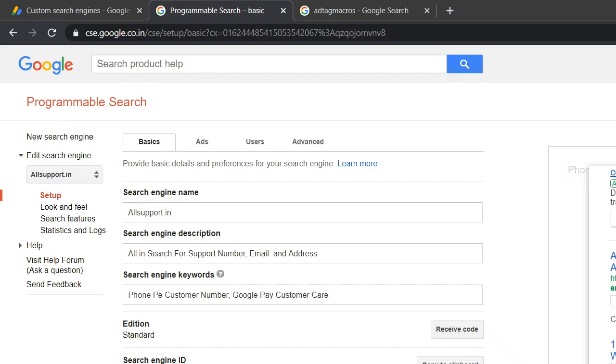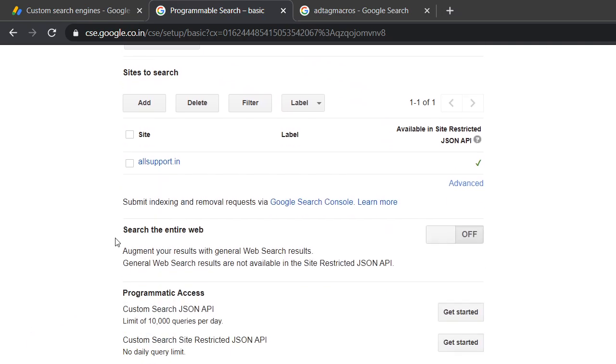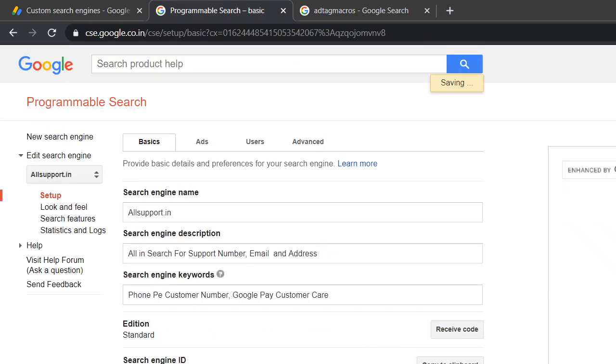Now it's showing a result from this one, and these are the ads basically, and all the results are from my site. You see, all the rest of the results are from my site only and not from other sites, and only this portion is the ads portion. You can see the images as well, and the images will also show up from only my site and not from the web. So how can we control this setting? In order to do that, if you go on to this option, you will see search the entire web. If I just turn on this option, let's do another search for the same query which was showing nothing.